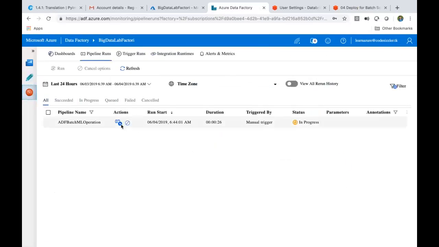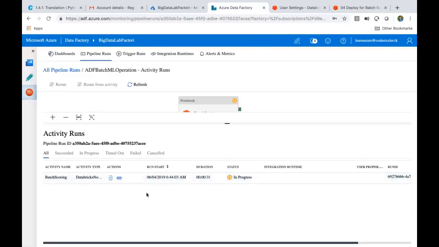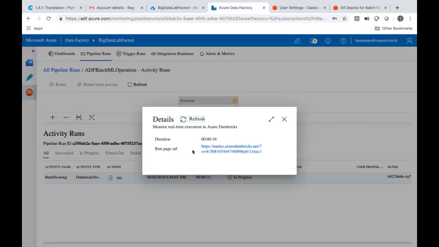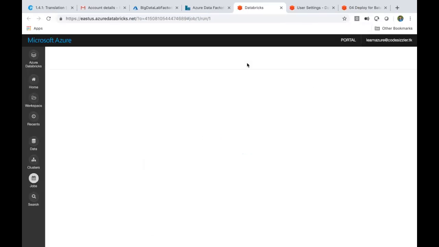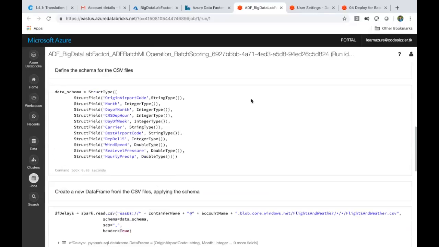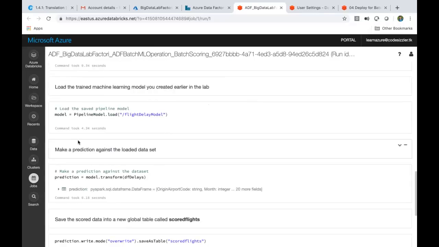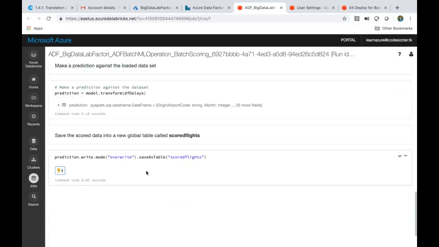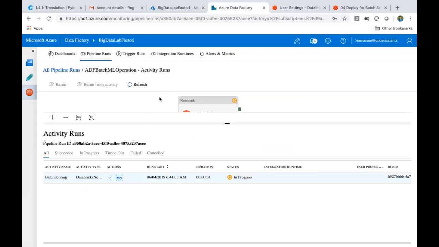It's still executing. So if you want to see this, click on this path here. It will show you how it is executing. This is done. This is done. This is done. Done. See here. Done here. This is all done. So now I have my data in my scored flights, which means that this processing is done. Confirm it. It is done, right? So I have done my batch processing now, which can be done through your triggers.